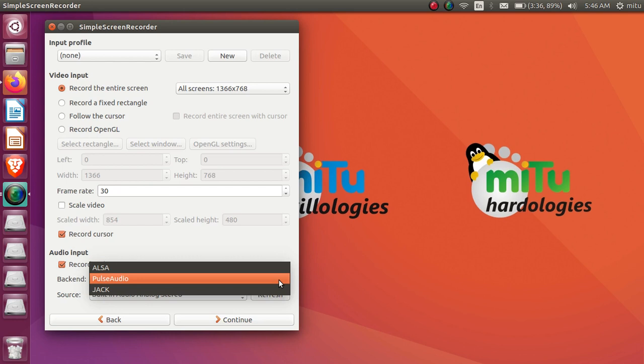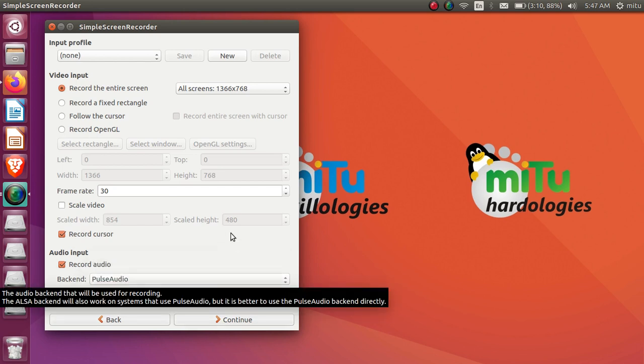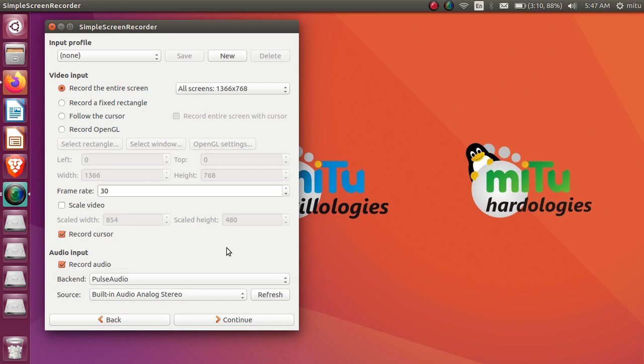It depends on which kind of audio system you have, whether you are using ALSA, Jack or Pulse Audio. Pulse Audio is the default audio system, so you need to make sure of that. I've chosen Pulse Audio here, from where I'll be inputting my audio, because most of the time when you start any software, I'm not talking about SSR only, that is Simple Screen Recorder, but almost all screen recording and tutorial recording software, it is very important to know